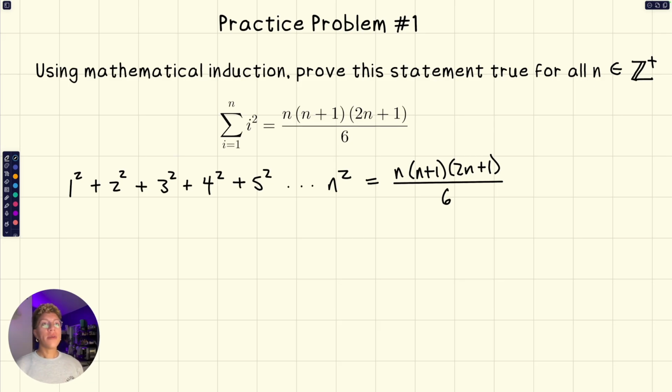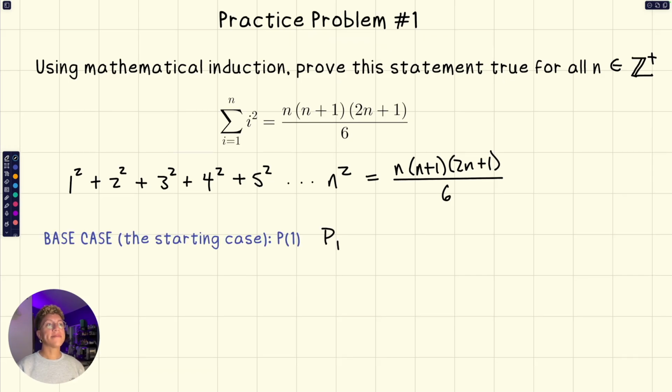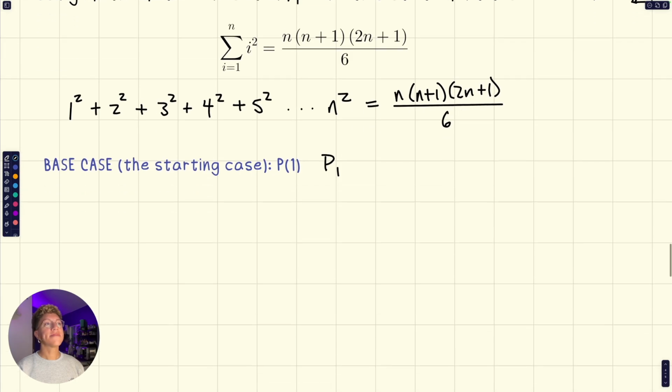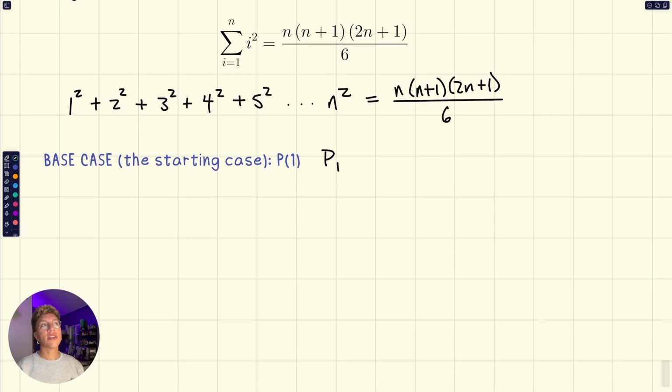Like we talked about before, we start with our base case, and let's pull that in. So we have our base case. In this one, again, it starts at 1, so it's going to be P of 1, or P sub 1. We say n is equal to 1. If we plug it into the formula, the very first term is 1 squared, so we're just summing the first term, and that should be equal to this formula over here,